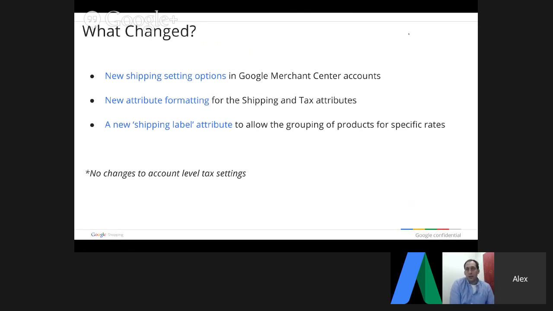All right, so at a very high level, what's changed with the shipping settings in Merchant Center? So first of all,